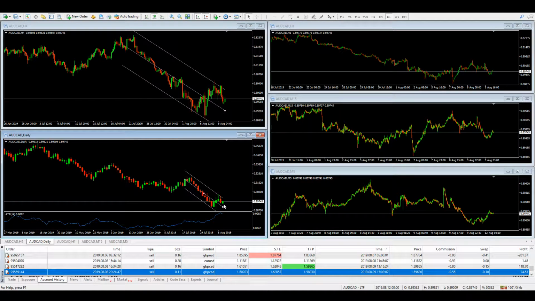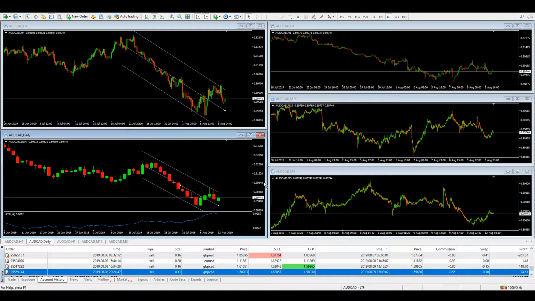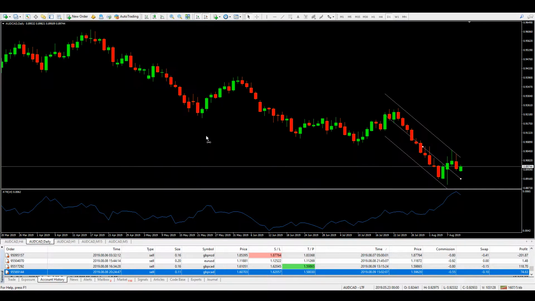I'm undecided yet as to whether this is the position I'm going to take. I'm just going to go over some of the other ones, and I'll make a decision probably when I'm offline. But this, yeah, certainly is looking good for shorts. In terms of a stop loss placement,